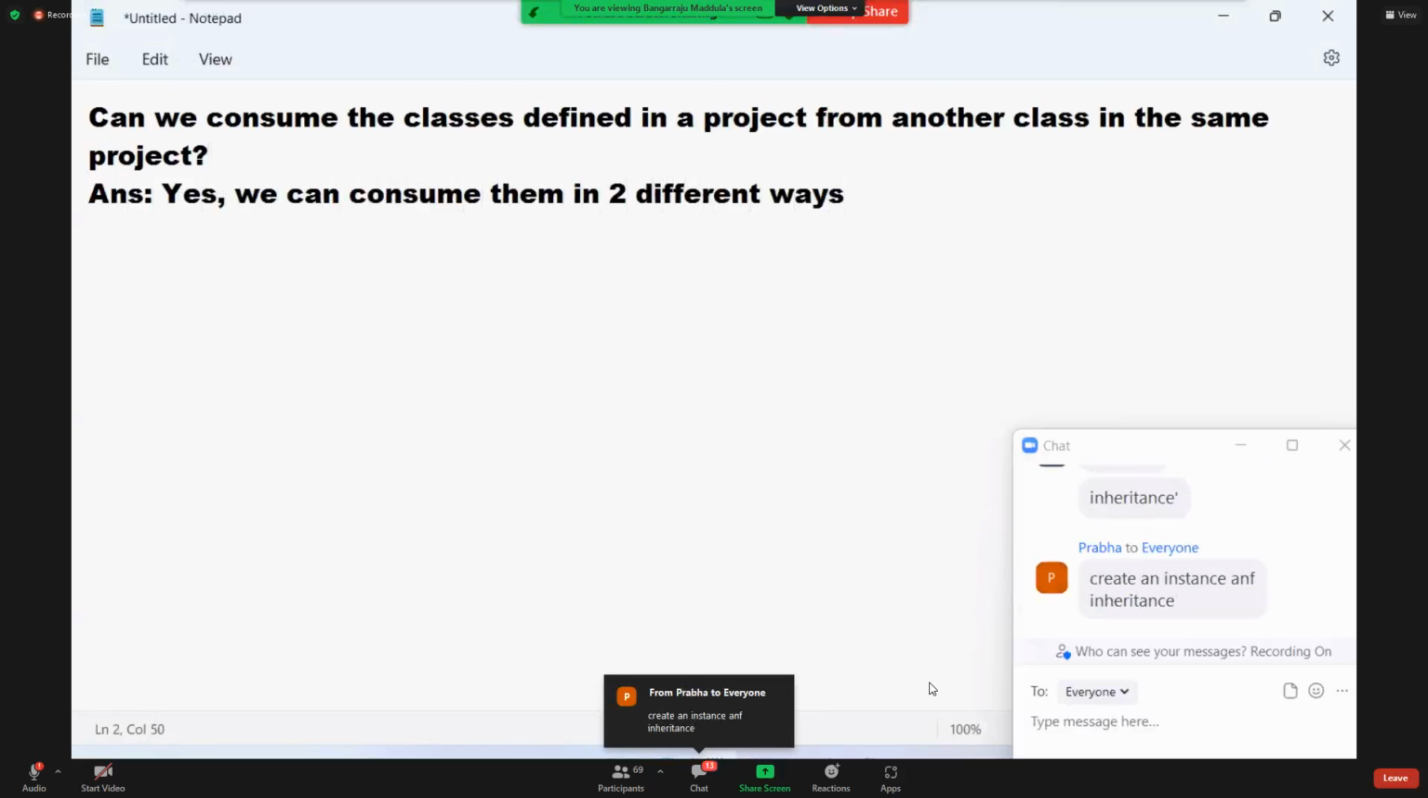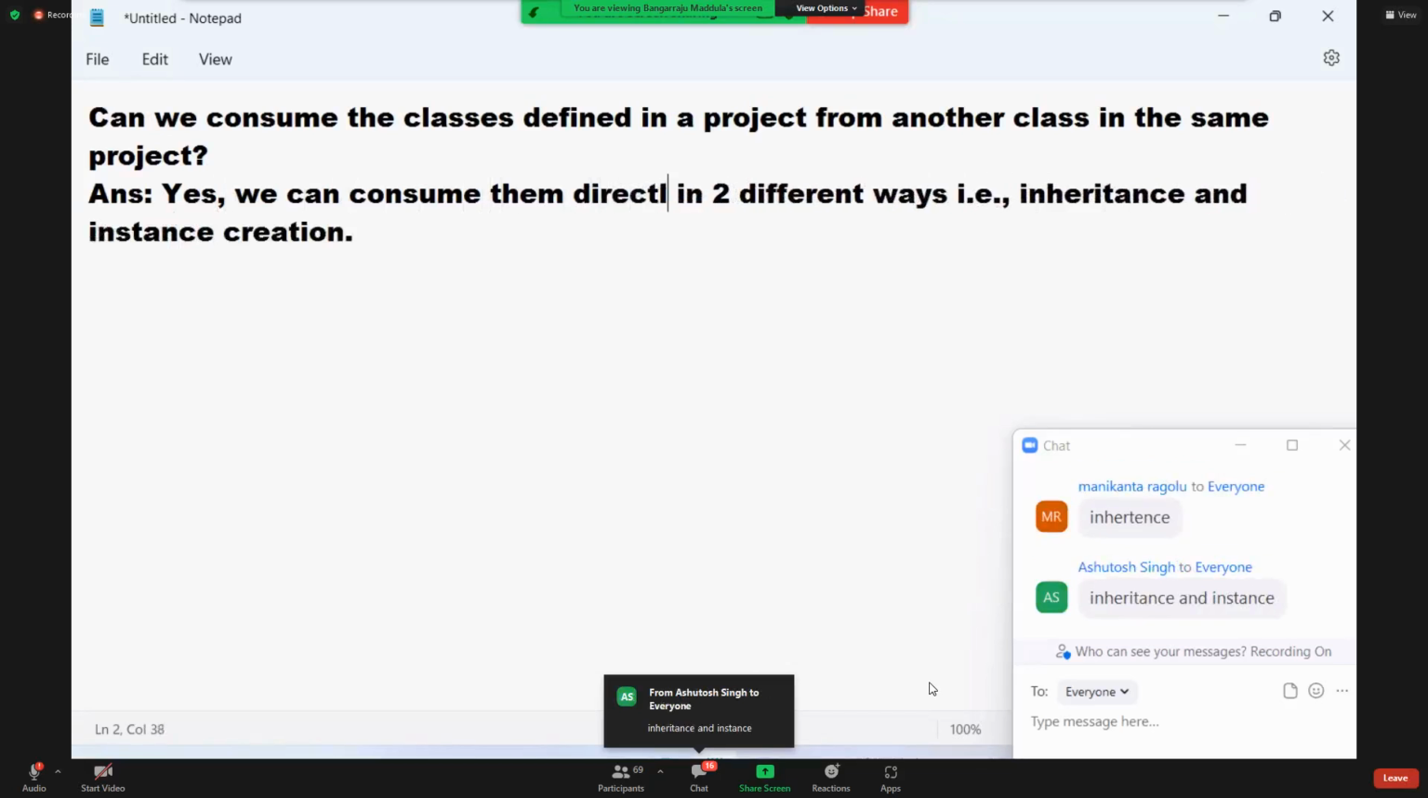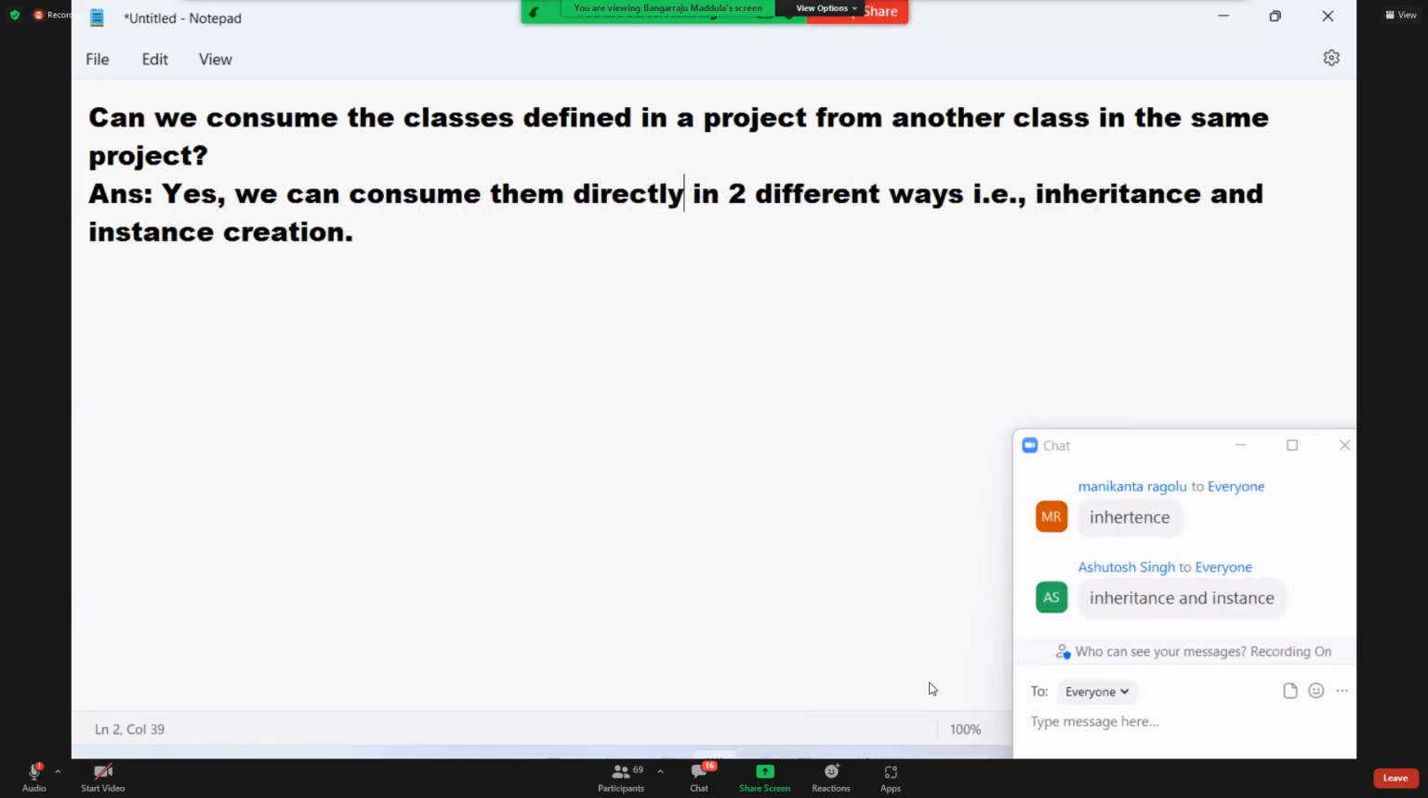What are the two ways? By using inheritance and instance creation. We can consume them directly in two different ways. That is inheritance and instance creation. Okay. Now the next question is,